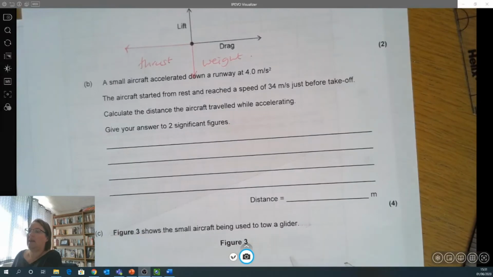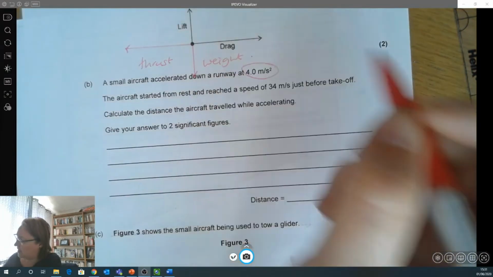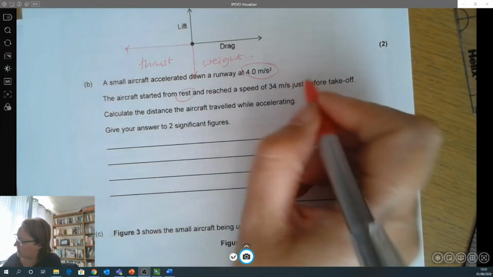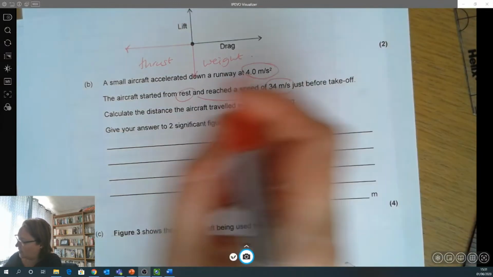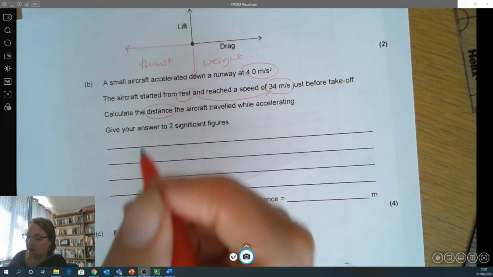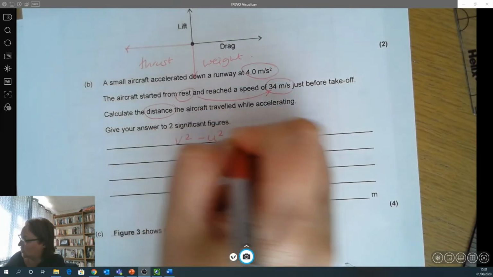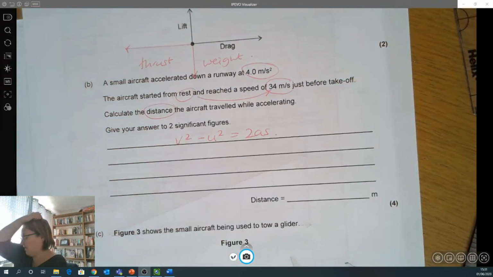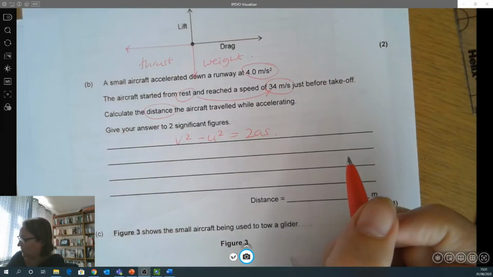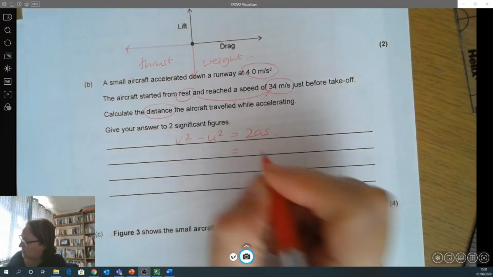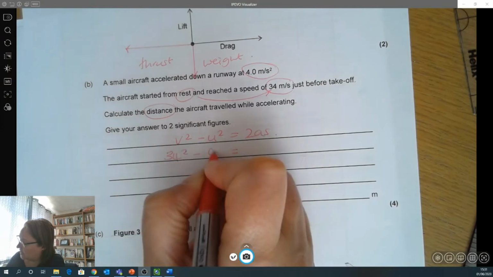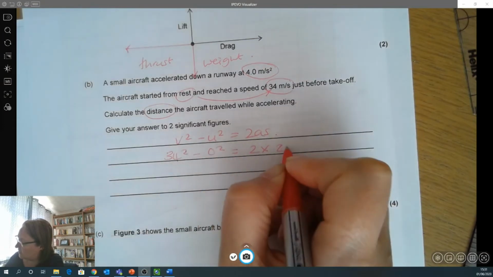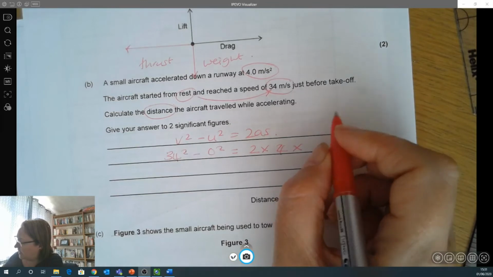So, a small aircraft accelerated down the runway at 4 metres per second squared. It started from rest, and its speed went up to 34, so I've got a change in velocity and an acceleration. I'm calculating distance, so therefore I need v squared minus u squared equals 2as. I haven't got time, so I can't use the other one, and since I'm calculating distance, this has got to be the one I'm using. So I've got the final velocity squared, take away the initial velocity squared, is 2 times 4 times the